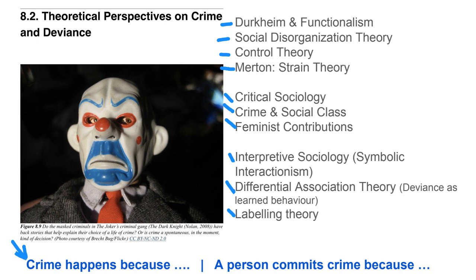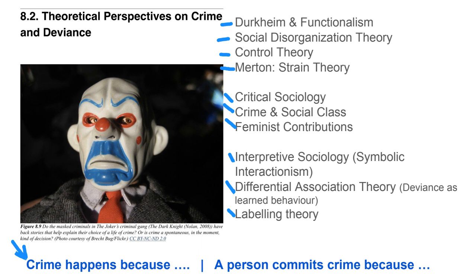So for instance, let's see, I can quickly do differential association theory. Differential association theory says that crime happens because people learn from other people not only how to commit crime, but they learn the attitudes and the rationalization for committing crime, and they learn that from other people. So that's one way to try and separate out how each of these different theories and the three different perspectives approach crime.